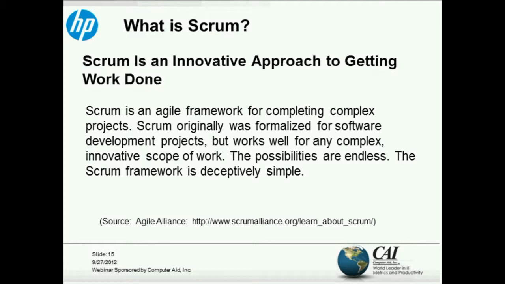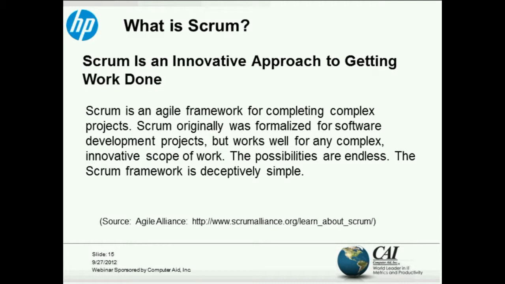Scrum was originally created or documented by Ken Schwaber and Mike Beedle in a book called Agile Development Through Scrum. And it's been used extensively and used to improve projects since then. And you'll see that reference at the end of this presentation.